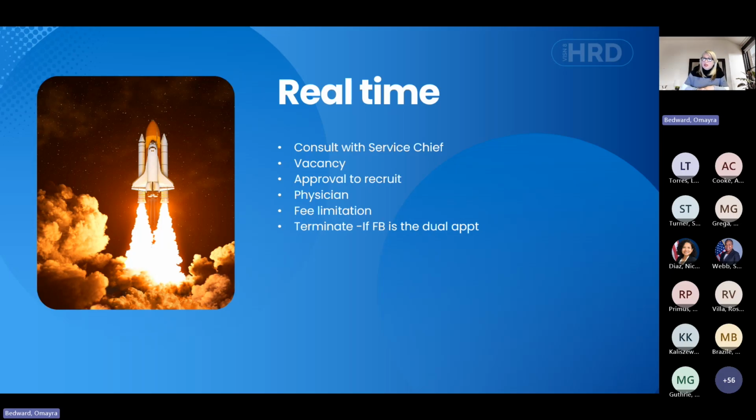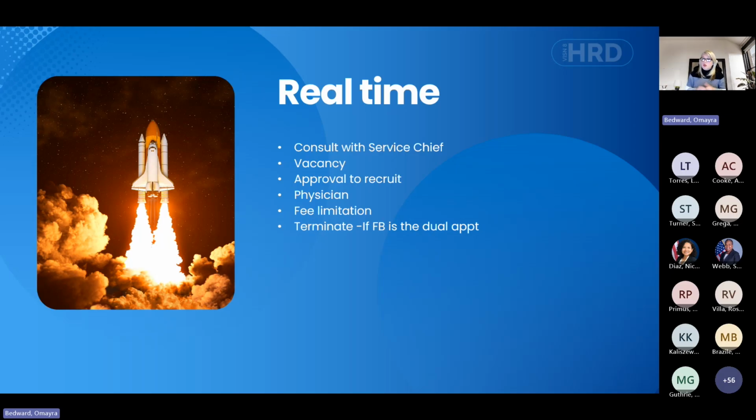Okay. So we've reviewed most of the regulations that are applicable to dual appointments or more than one appointment. One thing to remember is that when we deal with dual appointments, the most common dual appointment involves that fee basis that I mentioned. Especially since the regulation changed a few years back, where now it's allowed to do dual appointments at the same facility that a provider is working at.